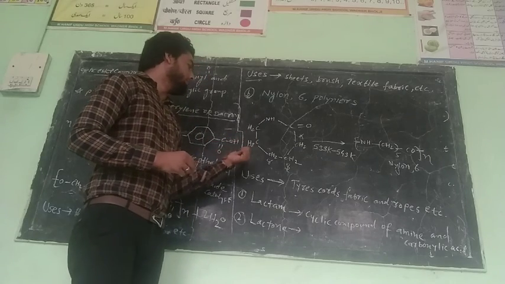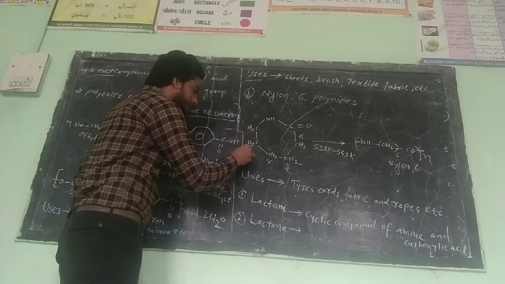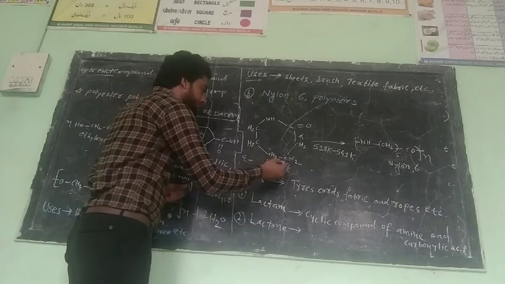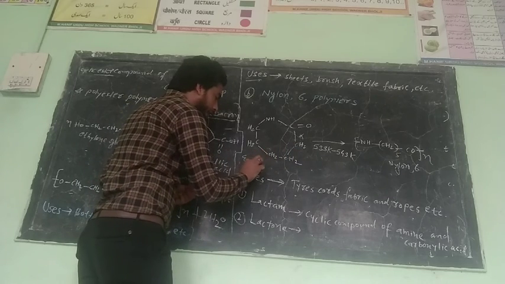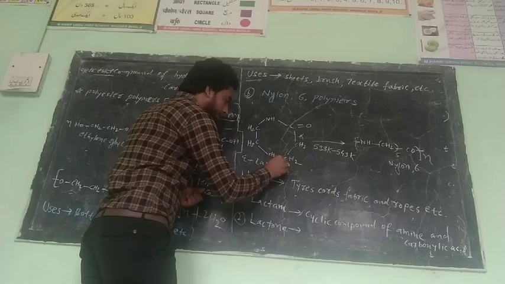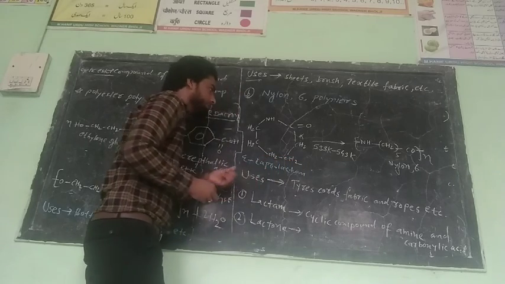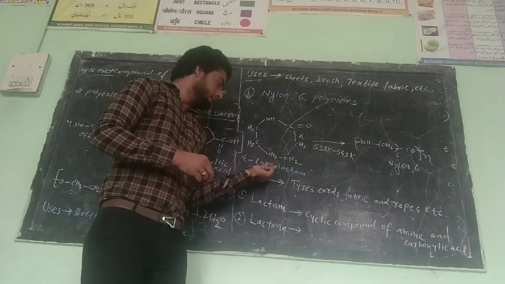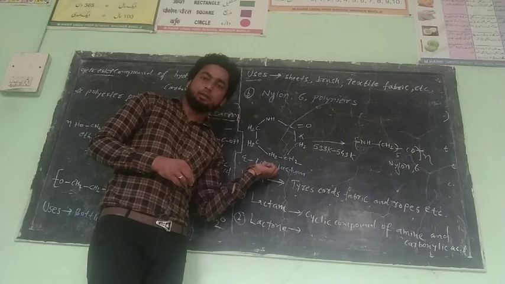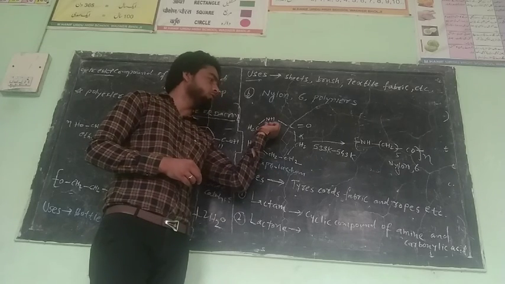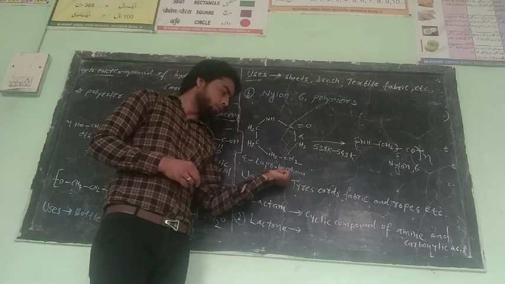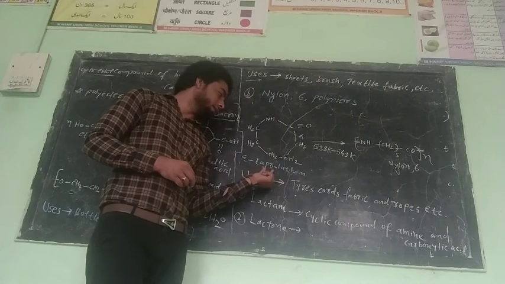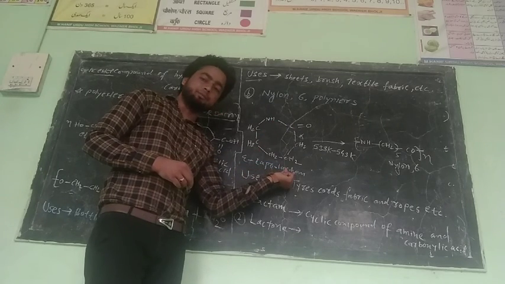So first of all, the monomer epsilon, this symbol stands for epsilon caprolactam. Epsilon caprolactam is a monomer which is used in the preparation of nylon 6 polymer. What is caprolactam? It is a combination of ethylene group and what group? Amide group, called caprolactam. It's a combination of ethylene group and amide group, so the epsilon caprolactam is a monomer.